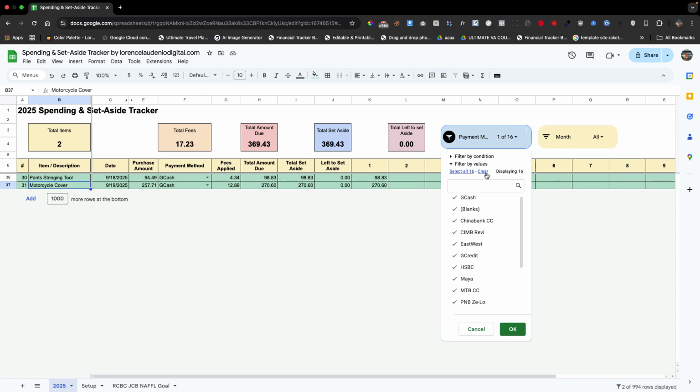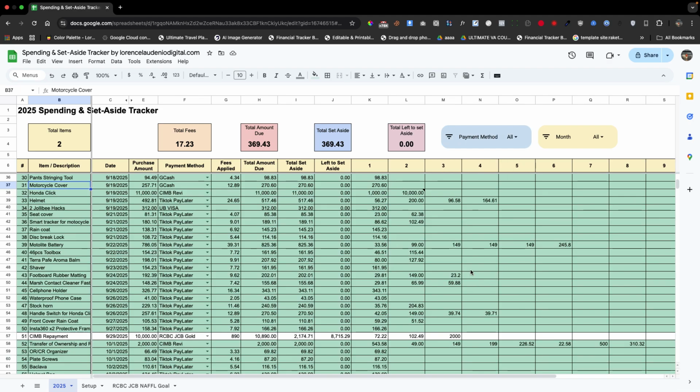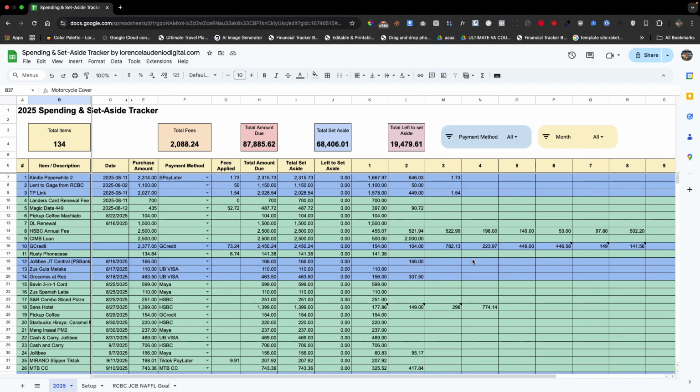For your information, guys, using buy now pay later will also help you earn a higher credit limit.